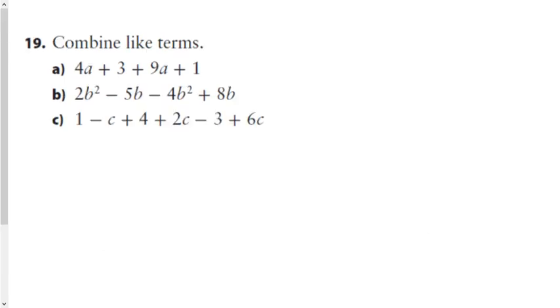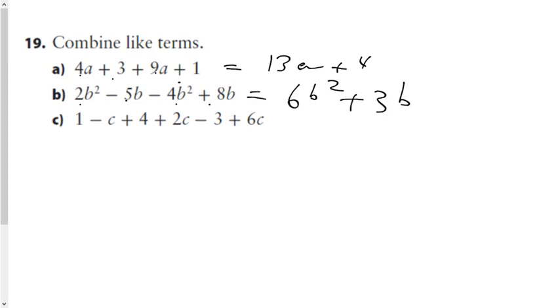Question 19, combine like terms. Now we don't have to draw it, piece of cake. Look for your highest degree terms first, since there's only 1s and 0s. I'll collect my A's first. The A stays, the coefficients get combined to make 13A. 3 and 1 plus 4. Look at the next one. I have 4 terms, degrees of 2 and degrees of 1. Combine your degrees of 2 first, making 6b squared. Combine your constants of the next one, negative 5 and positive 8 makes positive 3. So your answer is 6b squared plus